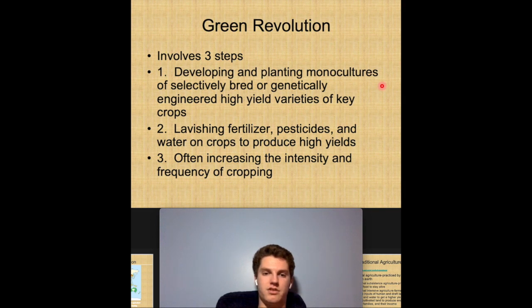Lavishing fertilizers, pesticides, and water on crops to produce high yields. So with the more and more food that you need to grow, you need more and more water, obviously, and more fertilizer and more plant food for the plants. And pesticides, with the growing amount of area you have to cover with the crops. These crops go faster, they grow larger, and it increases the intensity of how they're grown,